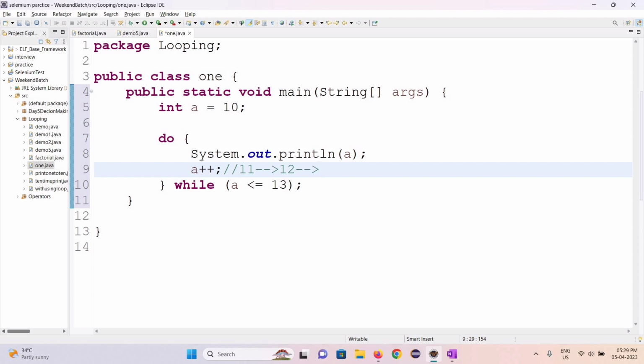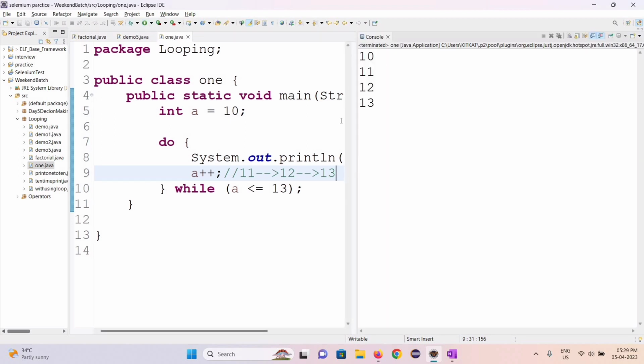Yeah, sorry, 13. Yes, 13. Perfect. So after that condition is true, then again the do block will get executed, then it will become 13. After it is also executed, it will give the output as 11, 12, 13. Okay, so now we can see this, 10, 12, all the values will get